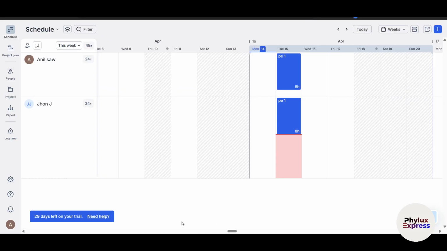Very simple. Now these tools help you visualize your team workload and ensure tasks are distributed evenly. Balancing workloads is very essential for preventing burnout and ensuring productivity. Now here's how Float works. You can just click on the switch to workload tab to see a breakdown of each team member's tasks